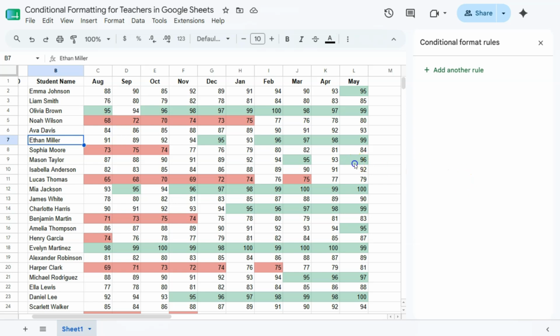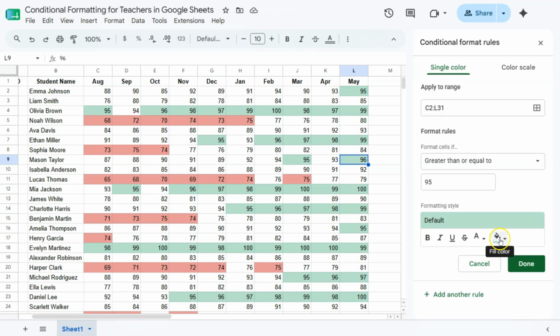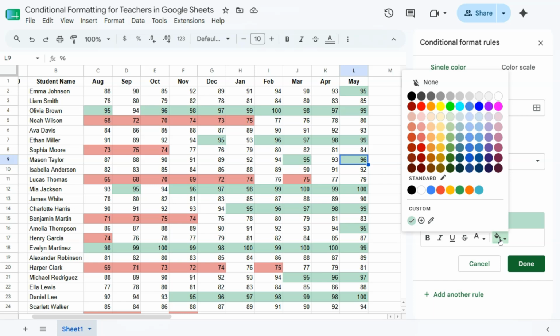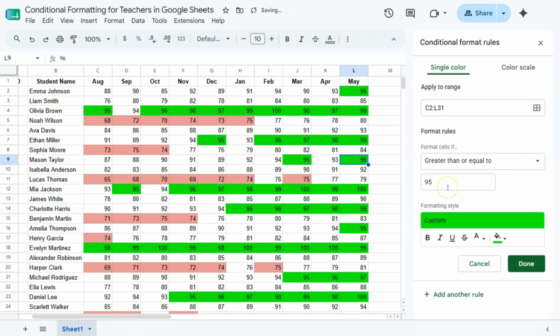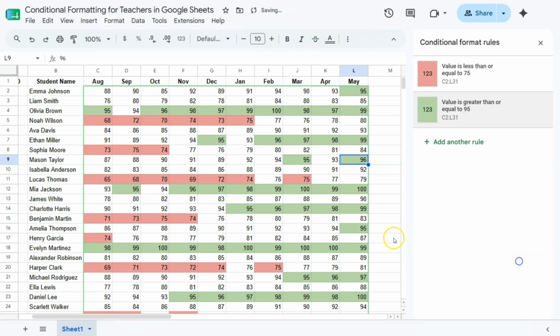And of course, if we wanted to change the color again, we can go back to that rule, change the fill color to, let's say, brighter green. There you have it. So it's definitely bright and eye-catching. But if you wanted to tone it down, let's say this one, there you go, click on Done, and there we have it. And finally, if I wanted to, let's say, highlight the perfect scores, the ones that got 100,